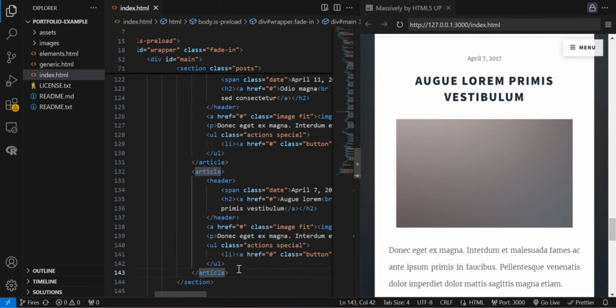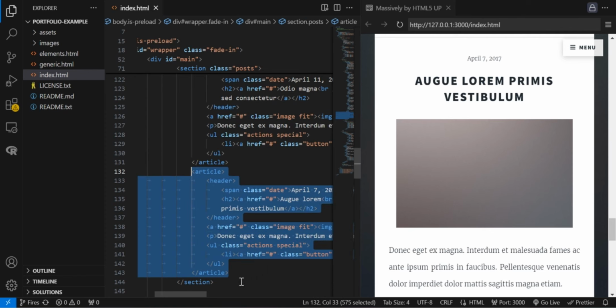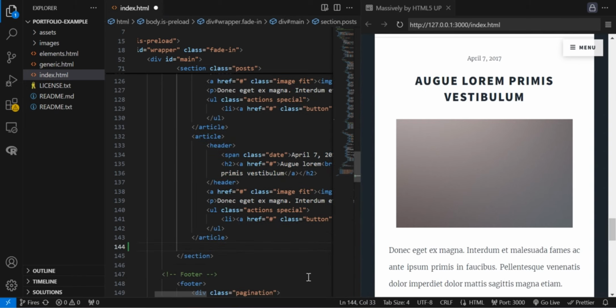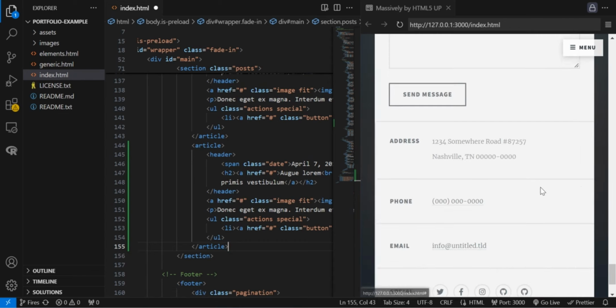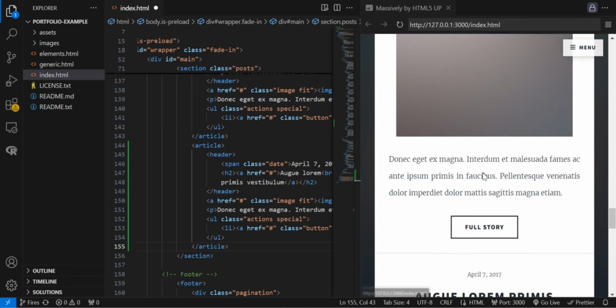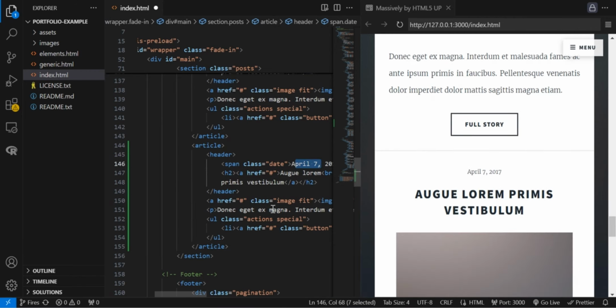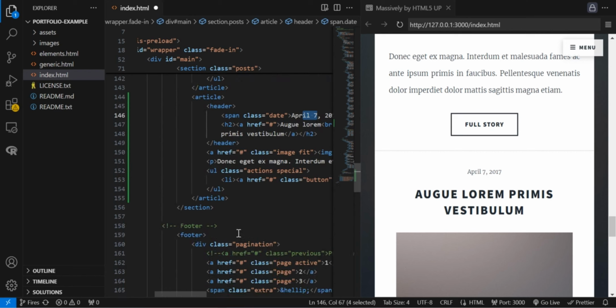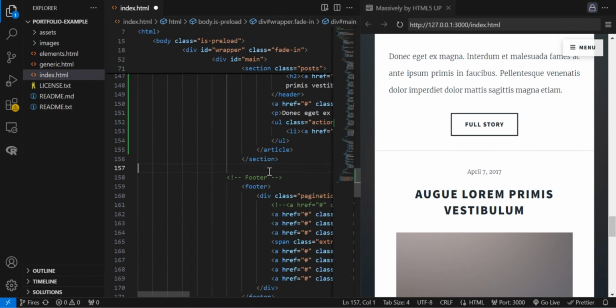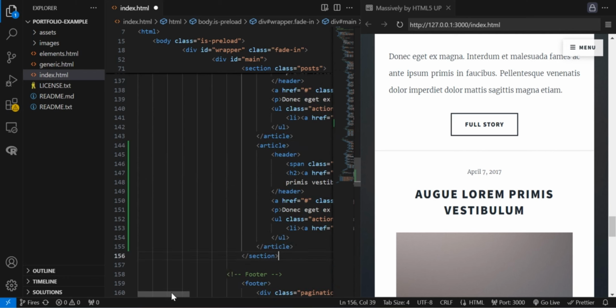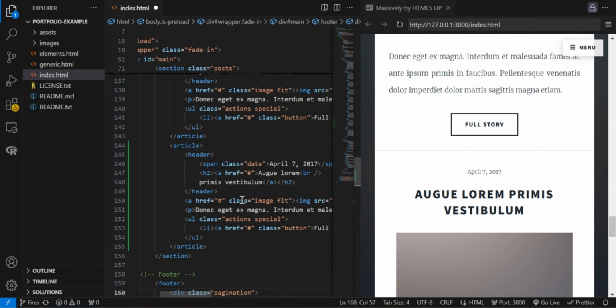So you just have to copy this, then you just paste it, and then you have the next one also with April 7, April 7. Then you just edit it because you are copying the same information, and you just do that until the end of the section. Make sure you are not pasting beneath this one, otherwise you mess up the arrangement.